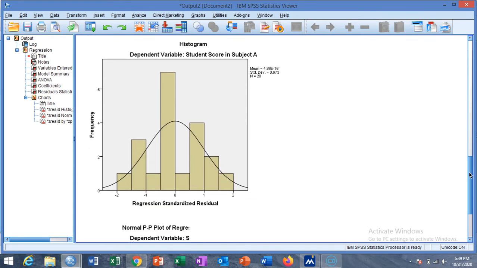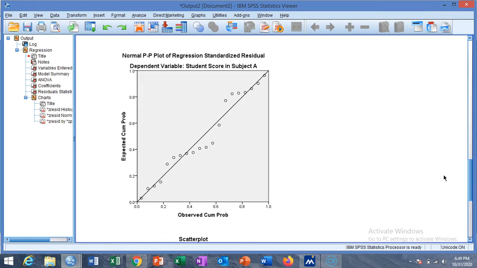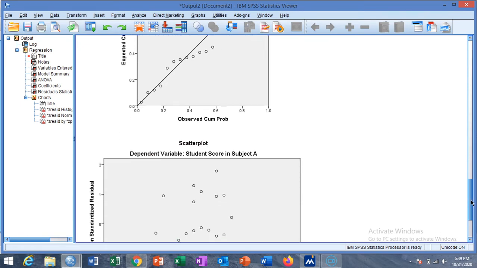And this is the histogram of the standardized residual, which shows almost normal, and the PP plot also indicates the normality of the standardized residual.